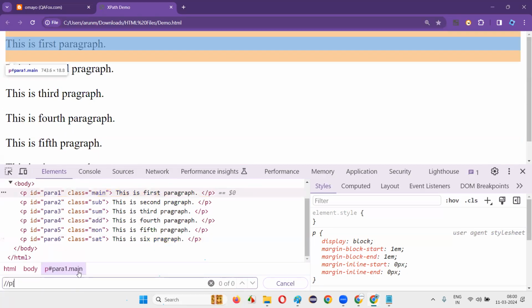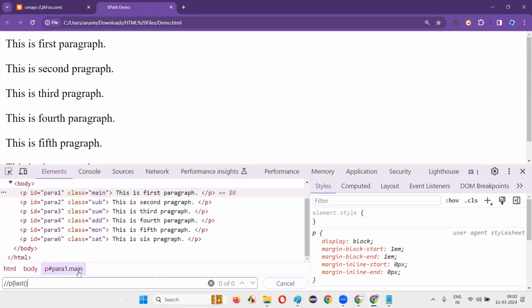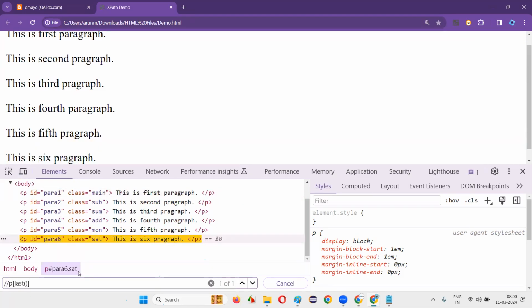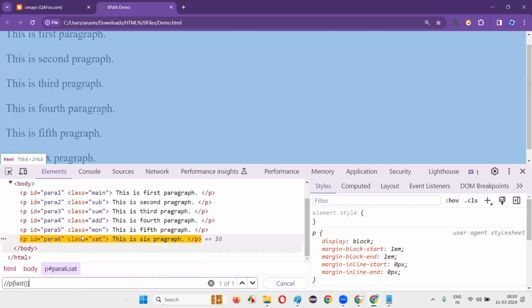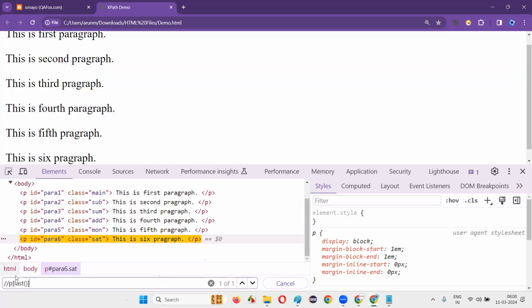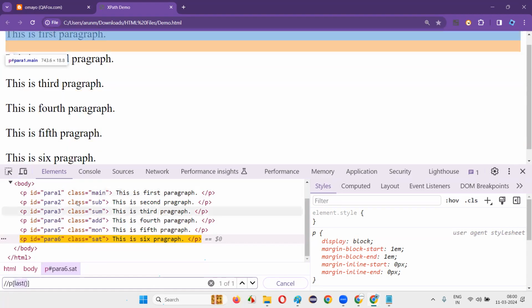So can I go with a number here, or can I use the last function here? Which one is better? Number is better or last function is better? Last function is better because here, whether it may be 6 paragraphs, 10 paragraphs, 100 paragraphs, or 2000 paragraphs, if you want to find the last paragraph, you cannot give a number because the number keeps